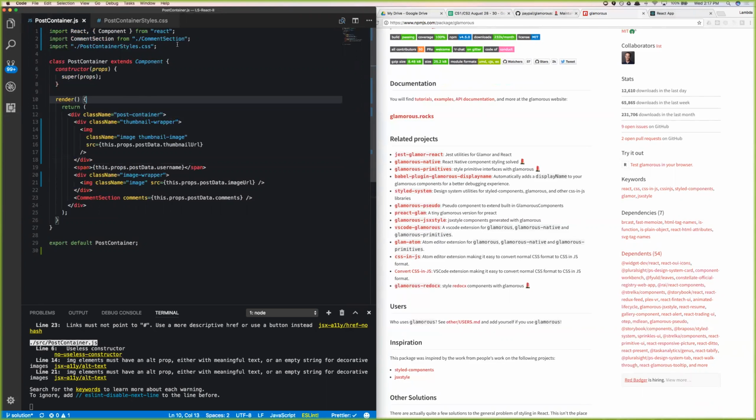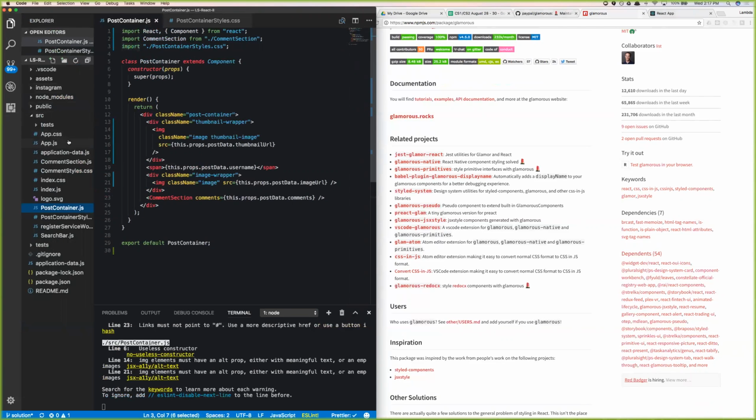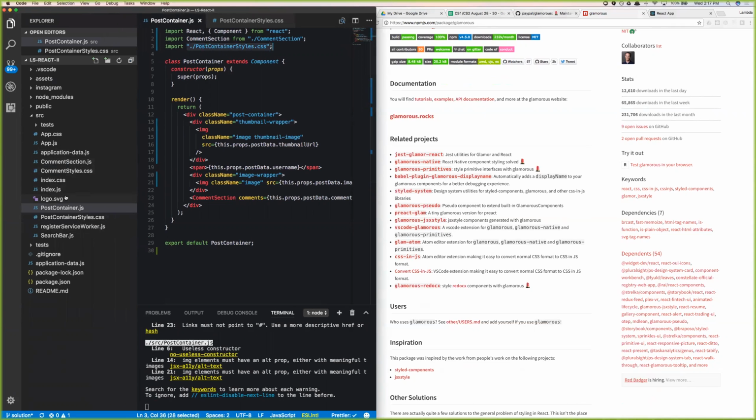But for purposes of this sprint or this lab, I really just like to define a style sheet when I'm doing something simple, and then just make the minimum amount of styles that I need. So I have a file here. Let's just look at my post container component. I'm importing in comment section. I'm importing in the styles that I've defined. And I just create a file in my directory wherever I need it to live called